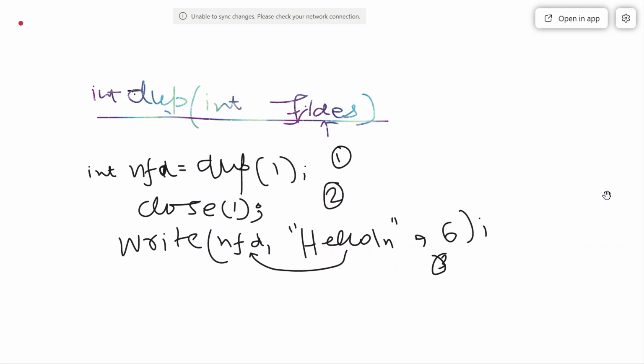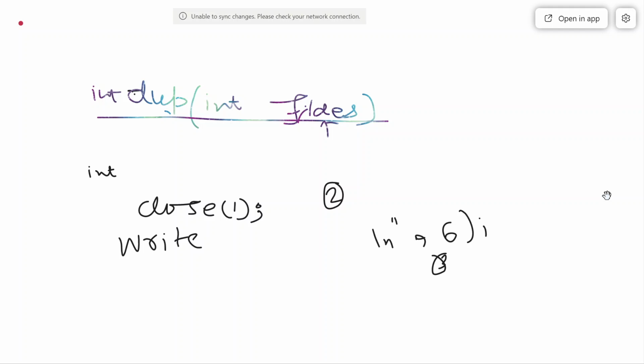Got the idea? So this is how we can also do input output redirection. There are multiple things that we can do. We also have another option for duplicating a file descriptor, which is known as dup2.